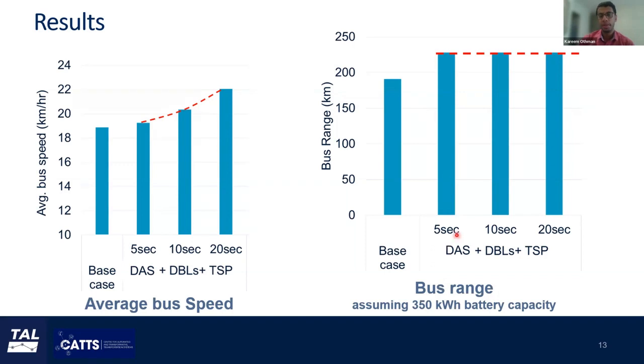that across the different TSP levels, we have the same bus range, which means that you have the same energy consumption rate. So what really happens here is that you have higher speed, higher transit speed, which consumes more energy, but at the same time, you have lower stop density, which means lower energy consumption. So you have a balanced situation where the increase in the energy as a result of the bus speed will balance the decrease in the energy consumption as a result of the decrease in the number of stops.